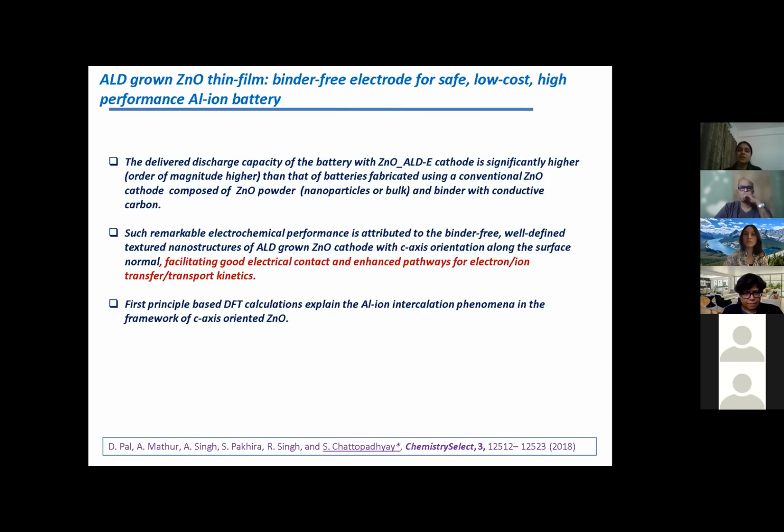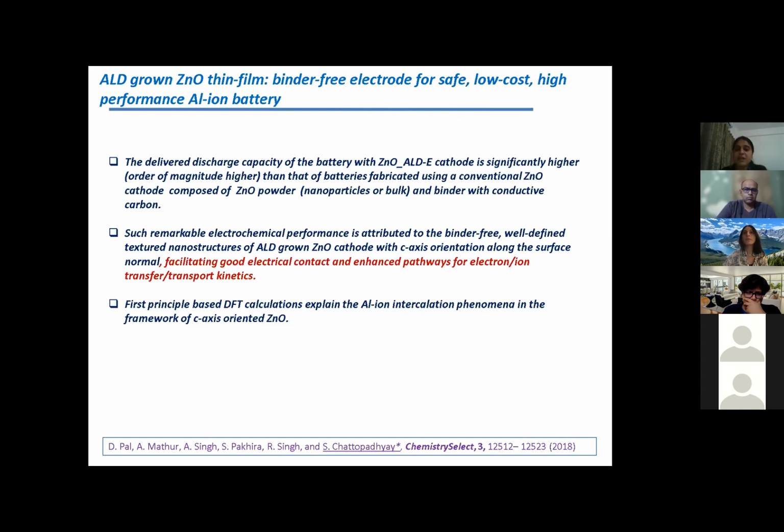So why ALD grown ZnO? This is a summary there. We can mention from the characterization, it is showing high capacity. So what is the reason? Possibly it is because of the textured C-axis oriented ZnO growth within that system. It is really facilitating the good electrical contact and enhanced pathway for electron and ion transport kinetics, which has been also enhanced by the diffusion of the